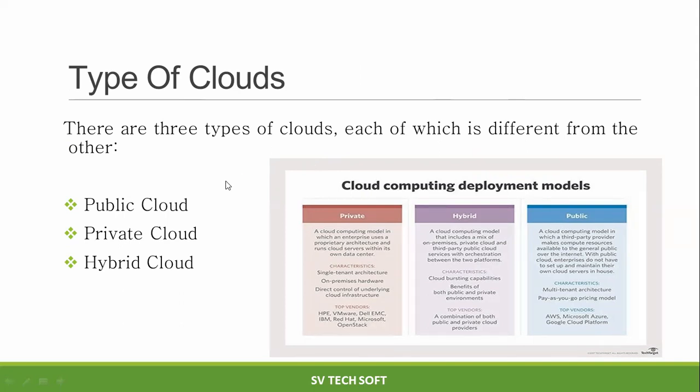Accordingly, they will provide. Public cloud means the company's employees use the service anywhere, anytime through the internet. That is what public cloud is. Private cloud is nothing but the vendors can access the particular software or hardware within the company premises. They cannot access it from the outside.